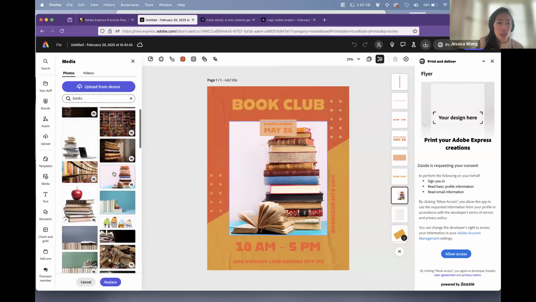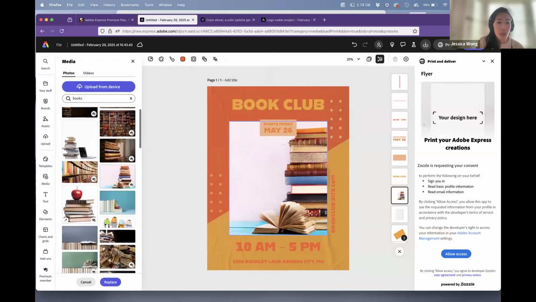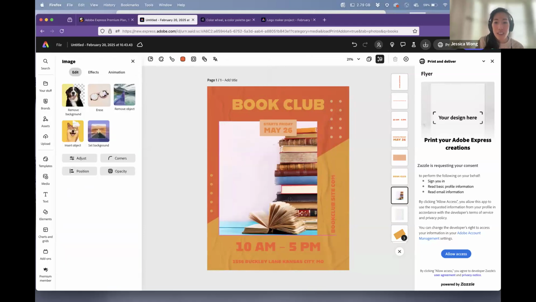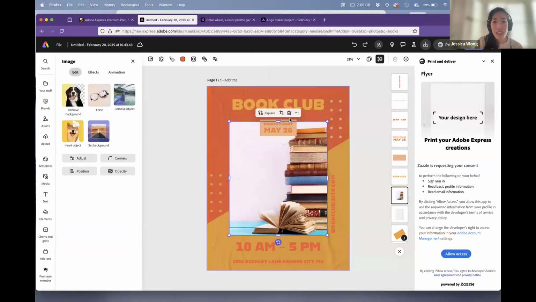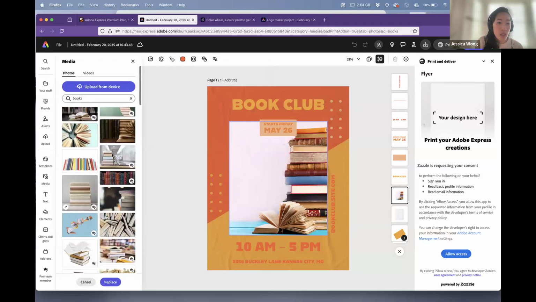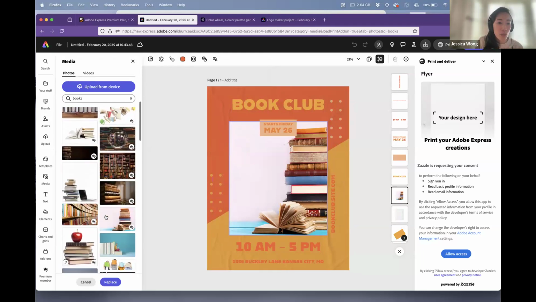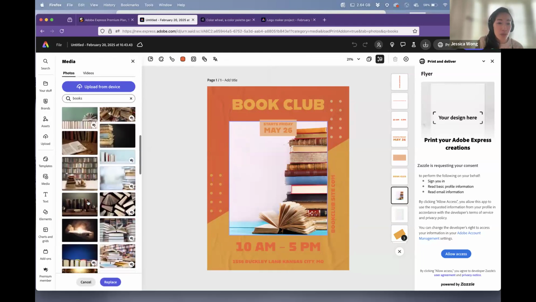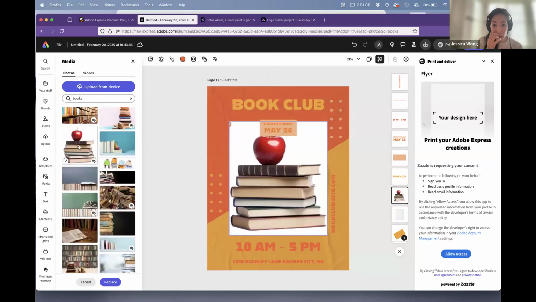So we can choose, this one kind of looks fun. You can choose a different photo. This one looks great. Okay, maybe something a little bit like that.